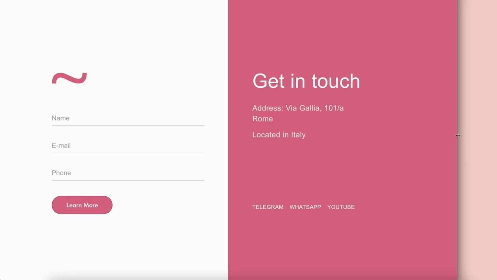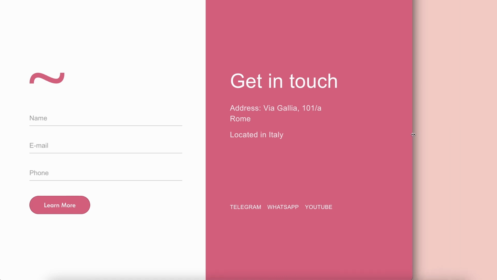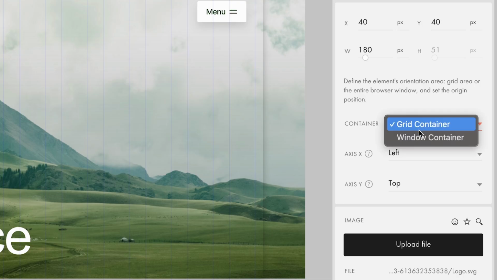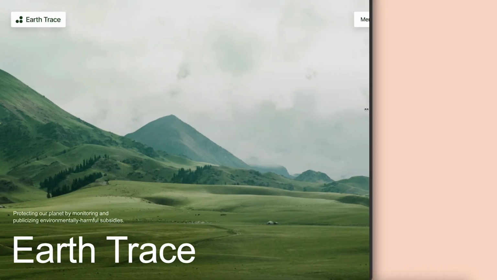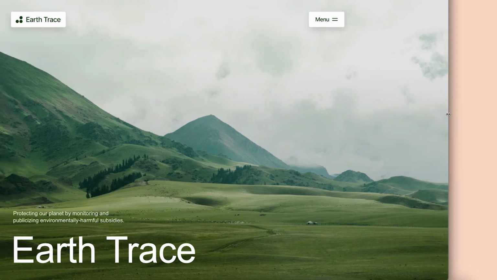In this video, we'll take a closer look at how the window container works and show you how to use it to build flexible, responsive layouts. The window container represents the boundaries of the browser viewport. When you use the window container attachment, elements snap to the edges of the browser window rather than to the